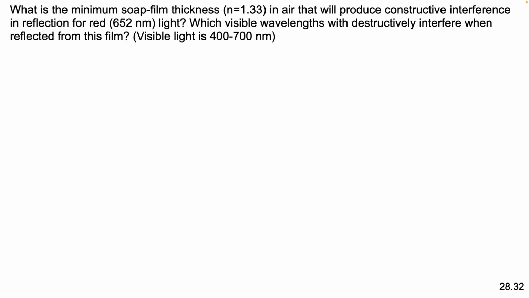You are deriving, not the equations. The equations are there already. I mean, every thin film problem is going to have 2nt equals m lambda and 2nt equals m plus a half lambda in it somewhere. You're going to be using those. What you don't know at the beginning is which one is constructive and which one is destructive, and you have to derive that meaning. You have to go through the conceptual steps, and I know how much you guys love conceptual questions. It's the only thing.